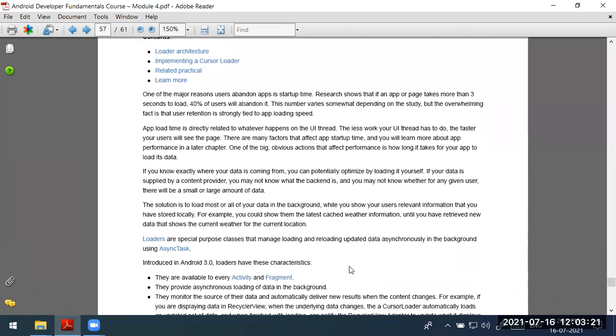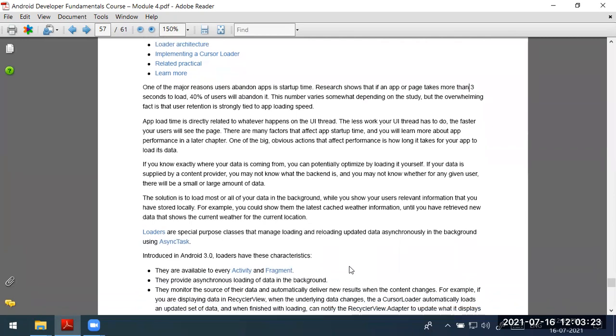For this reason, to bring data from the database and show it in the screen's activity, we have a class called the loader class. We use it asynchronously. Asynchronous means you can do your job while the loader does its job, with no conflict. Asynchronously it updates the data wherever required. Loading and reloading are all done by this special class called loaders.